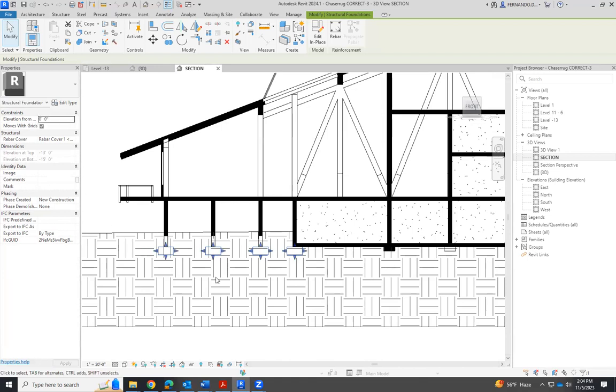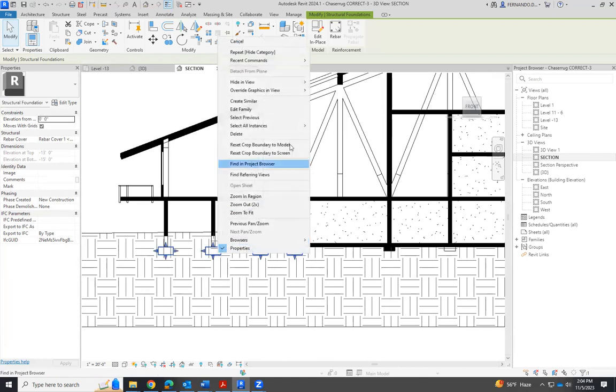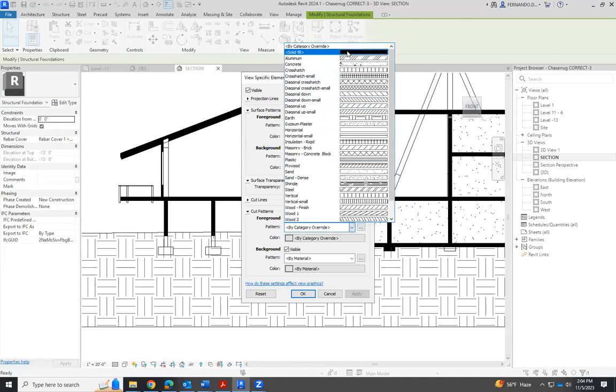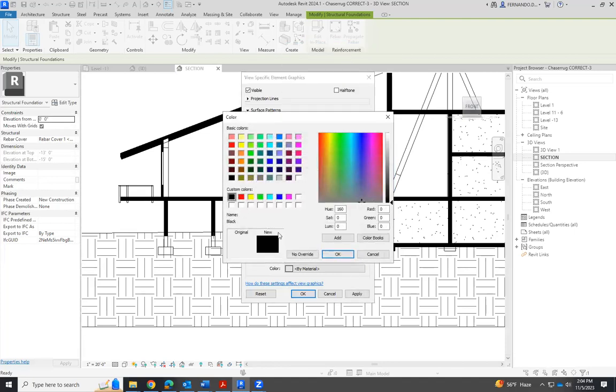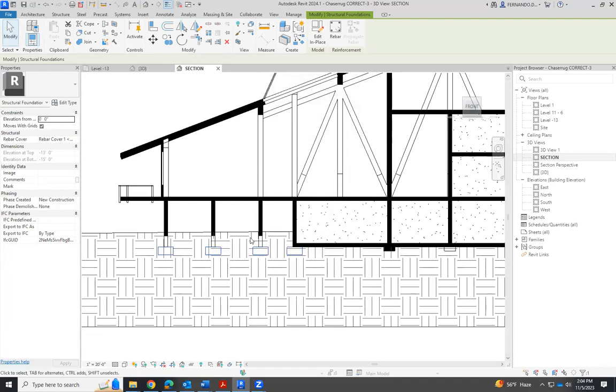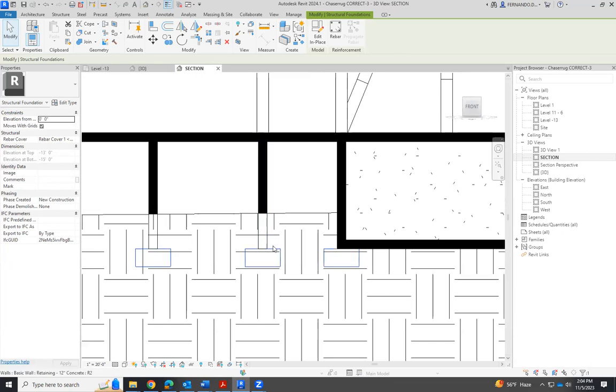This is structural foundation. If it doesn't work, I override graphics in view, element, and I want to create a solid fill. Line doesn't work. Oh, it's because it's a cut pattern. Something's wrong with this. Okay, so those are the small details that I have to fix